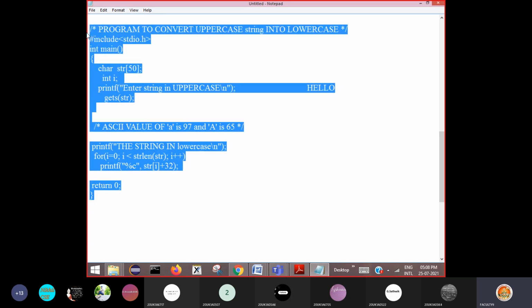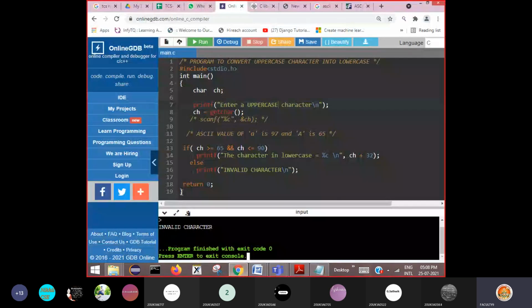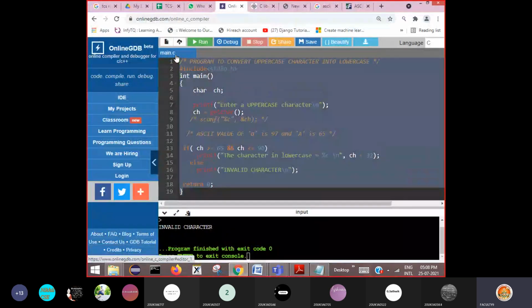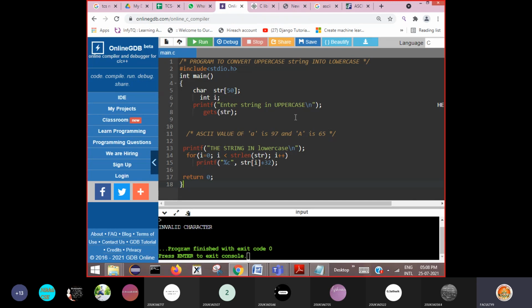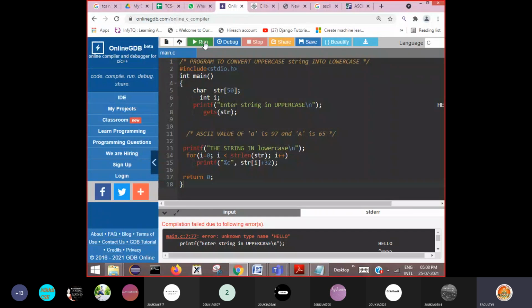Right, so let us copy this program. I'm just pasting that program here. Now you can see the prompt to enter a string in uppercase. Now I'm running the code. Yeah, there is some error here.